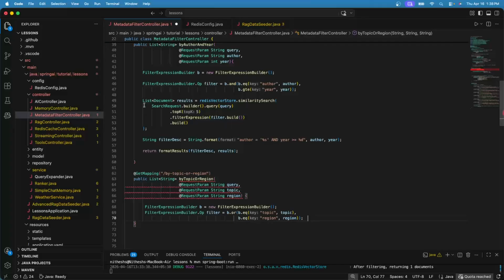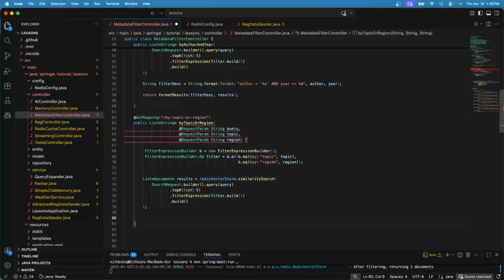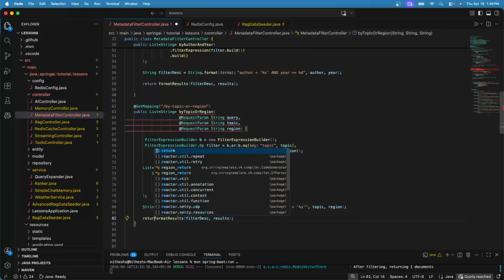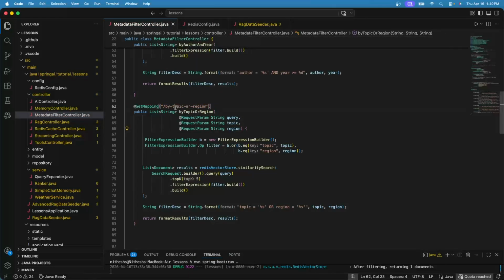Let me copy this code. This line of code is the same as the previous one, as we are just changing the filter here. Let me add the filter description as well: topic, region, and call the format results method with the filter description and results, and then return the formatted string. So what we are expecting is that it should match either topic or region.